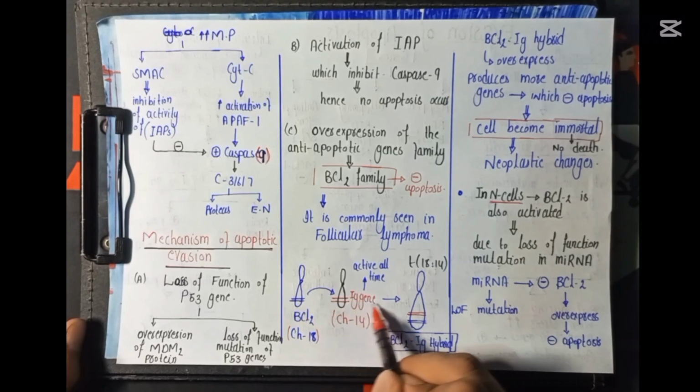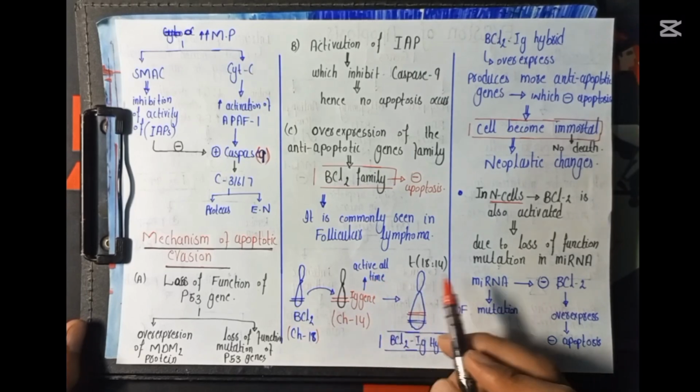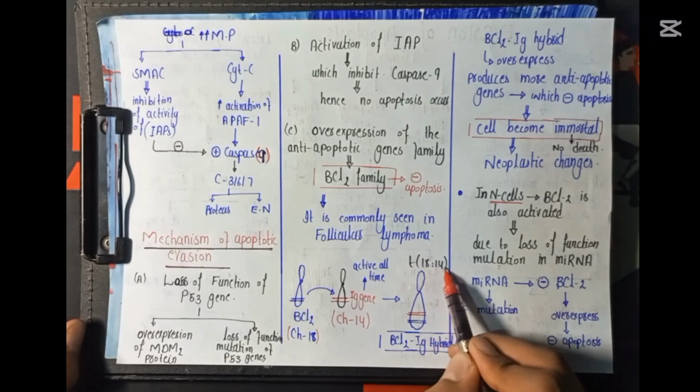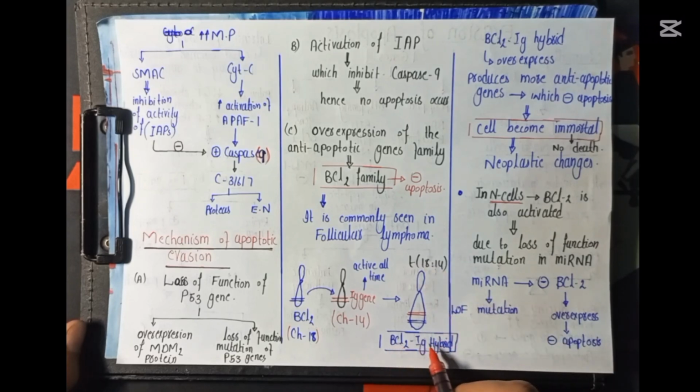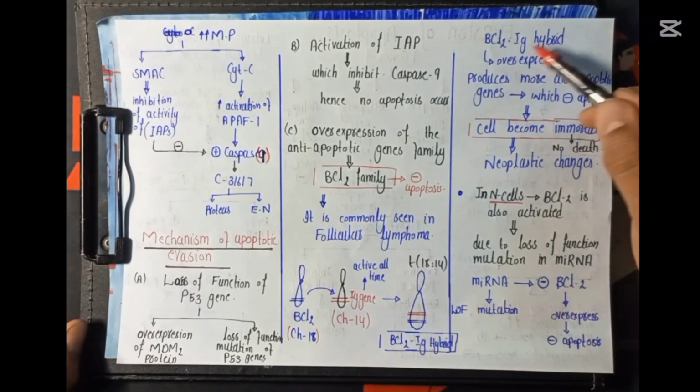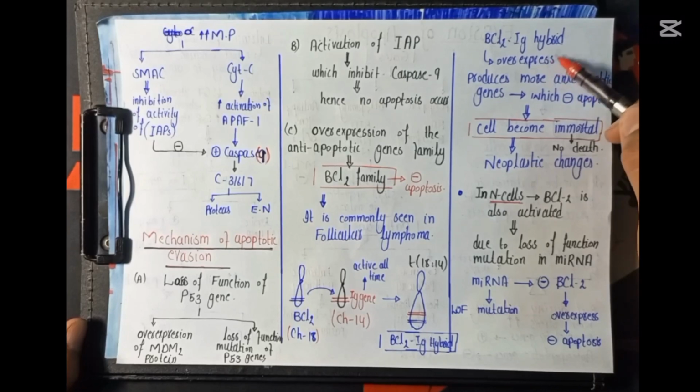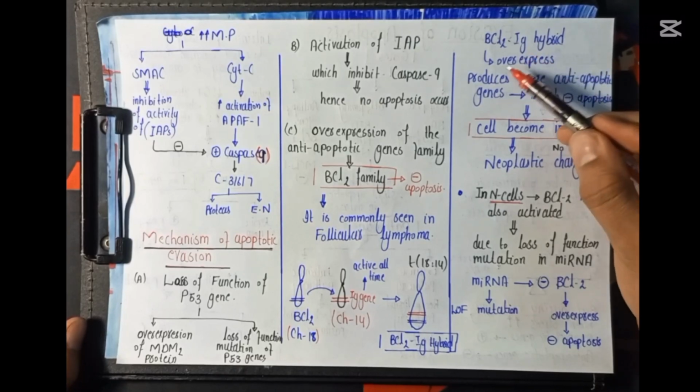where the BCL2 gene combines with the Ig gene. Normally, the Ig gene is active all the time and it will express. So, whenever a translocation from chromosome number 18 to 14 occurs, there is formation of the BCL2 Ig hybrid. And this BCL2 Ig hybrid is overexpressed and active all the time, and hence there will be